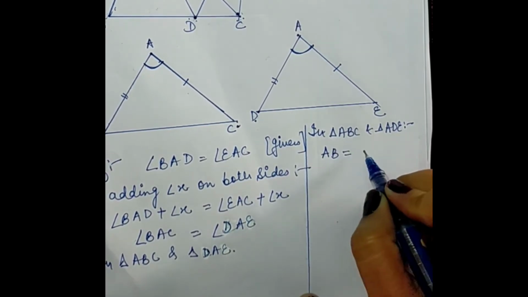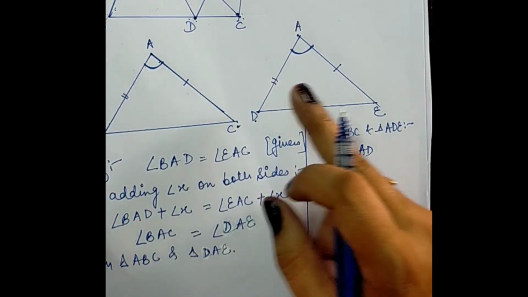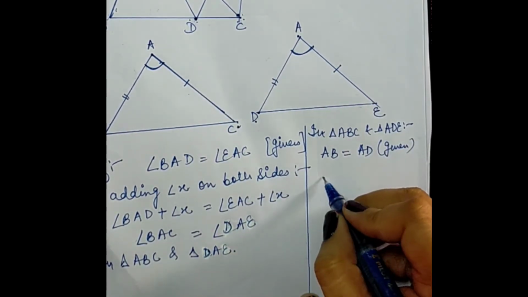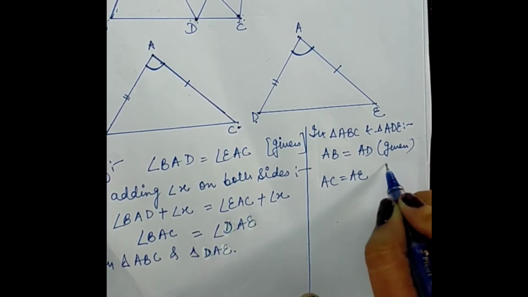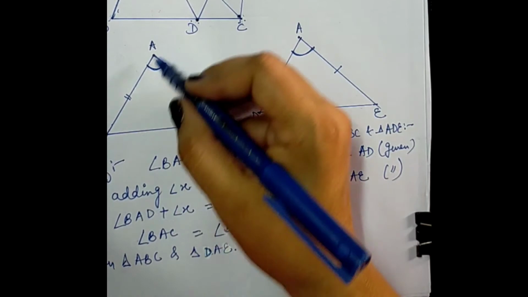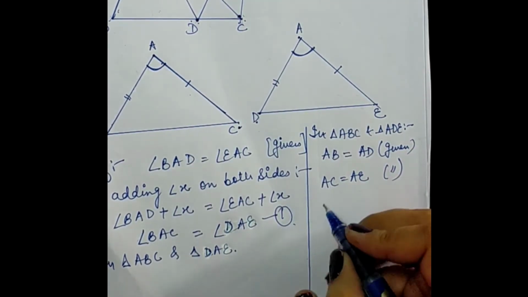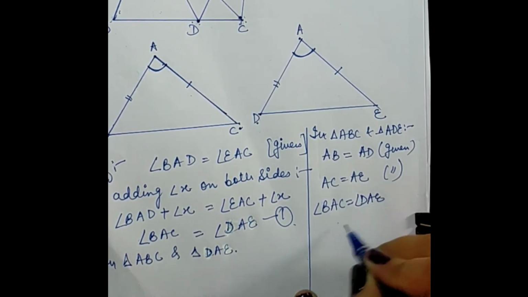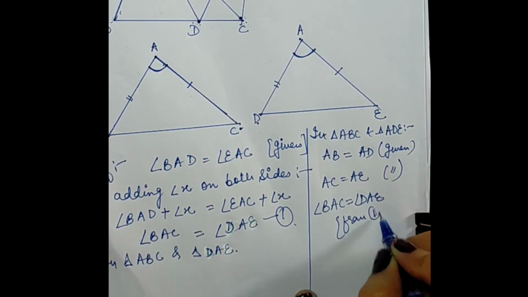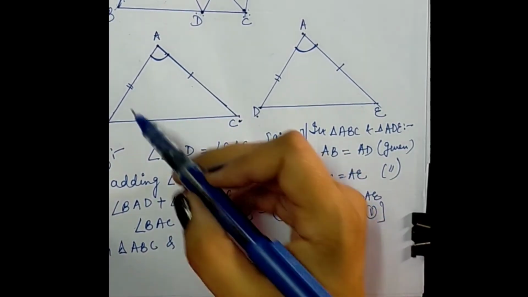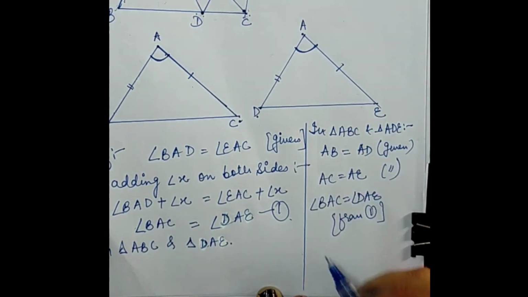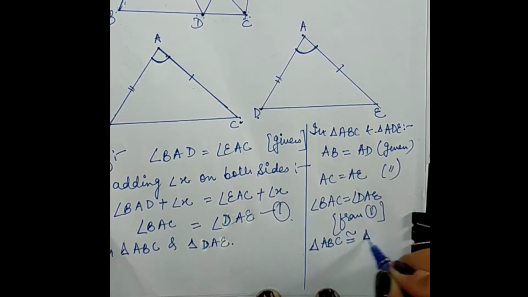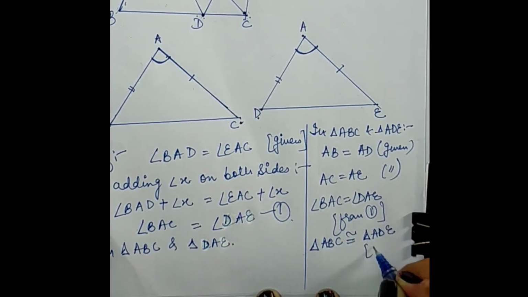AB is equal to AD. This is already given. Then another one, AC is equal to AE. Again this was given. And BAC we have proved here. BAC is equal to DAE from 1. So hence by side angle side, the triangles are congruent. Triangle ABC is congruent to triangle ADE by side angle side